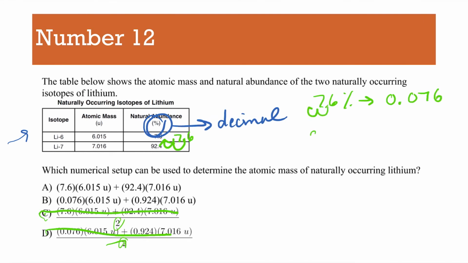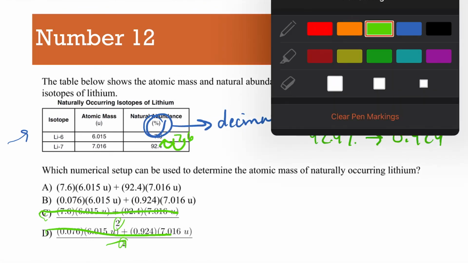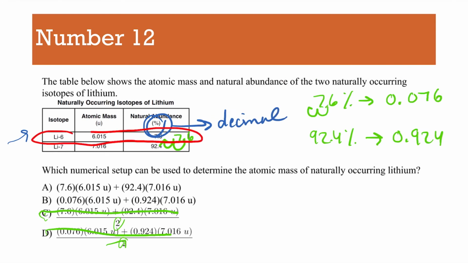And 92.4% becomes 0.924 as a decimal. Then you take the lithium atomic mass, 6.015, times that decimal percent, 0.076, and we're going to add that to